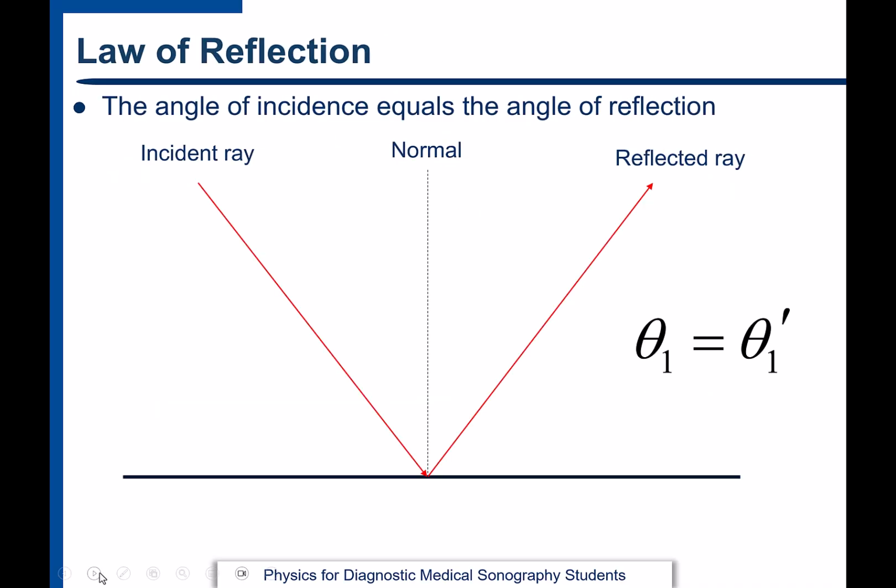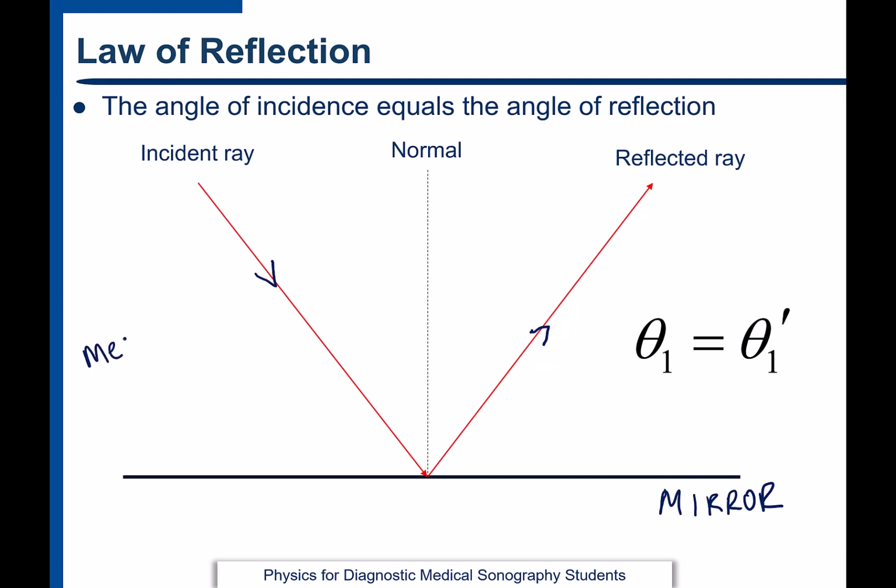Well, we're now ready to use the two things we've just talked about, that light travels in straight lines that we can represent by rays, and this concept of the normal, to learn the law of reflection. The law of reflection is probably the simplest scientific law that you're ever going to learn. It basically says that if we have light coming in, so our light is coming in this direction, represented by that ray, and down here we have a mirror, that when that ray hits the mirror, it's going to come off with the same angle that it came in with. Notice that these angles are going to be measured